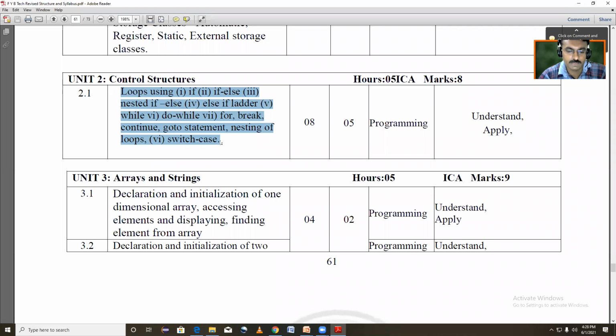first if, second if else, if dash else, third nested if else, fourth if else ladder, fifth while loop,